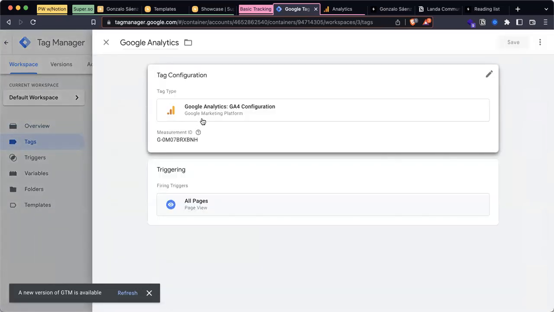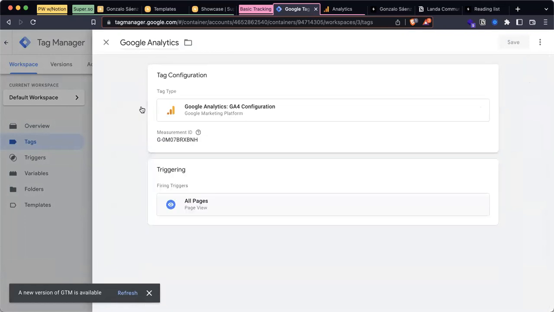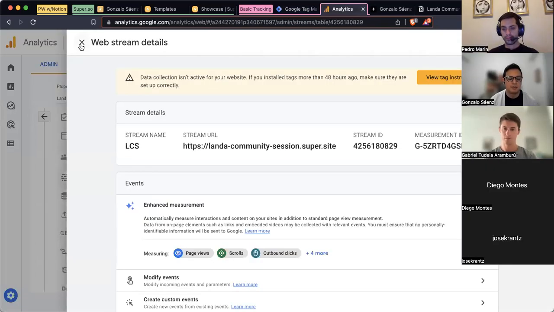And it's a really basic tag. You just click on GA4 configuration. You need a measurement ID that I'm going to tell you how to find right now. And the only other thing that you need is to create a trigger. In this case, it's all pages. So basically, it will be triggered on all pages. And what I got here is that I'm now capable of seeing the visits and all kinds of other cool data about people that are visiting my webpage, that I can show you later after this.